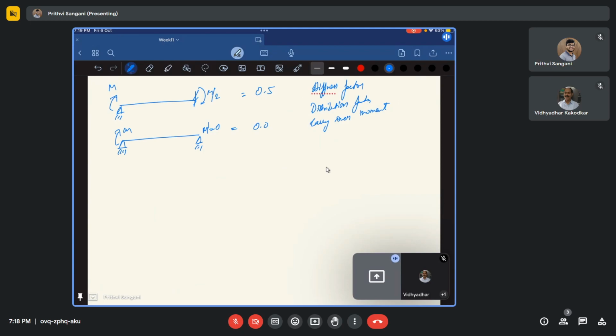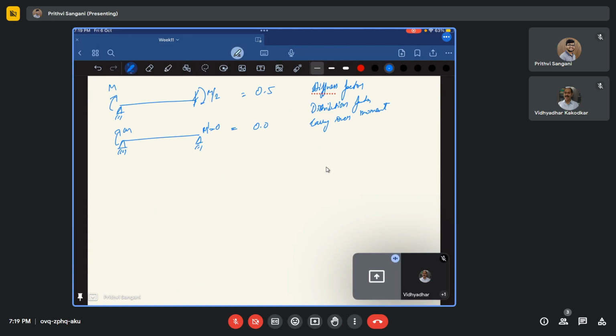So the main theme, or the important concepts of the moment distribution method, is that we'll try to do successive approximations. Initially we'll assume that everything is fixed, and then we'll find out the fixed end moments. Last time I already derived the fixed end moments for fixed beams, if you have a UDL, and if you have a point load. So we'll have the fixed end moments, and then what we try to do,